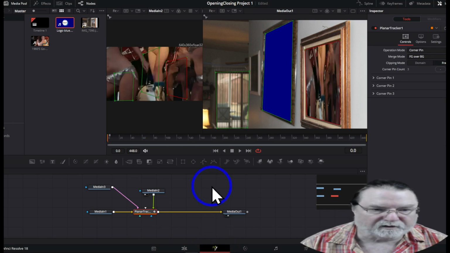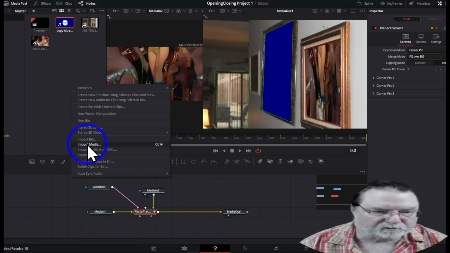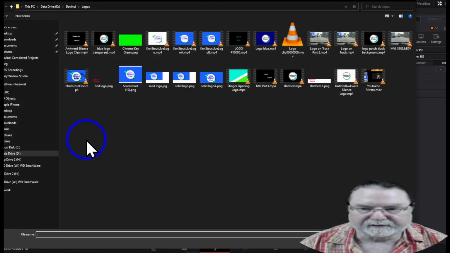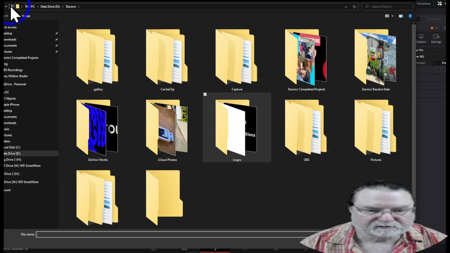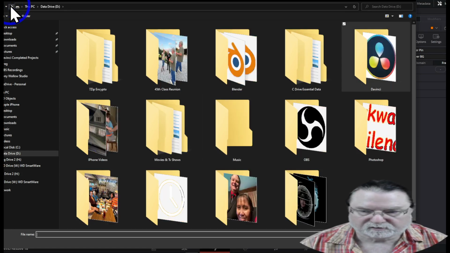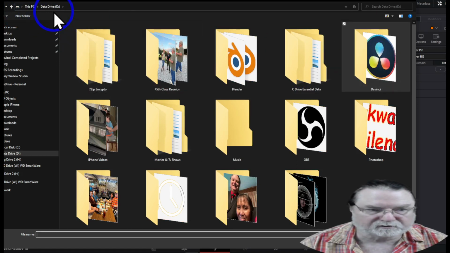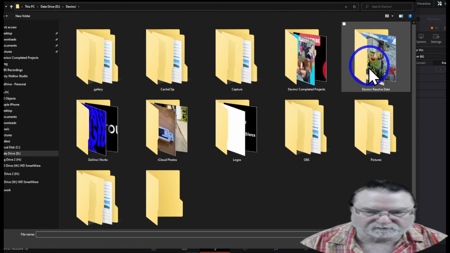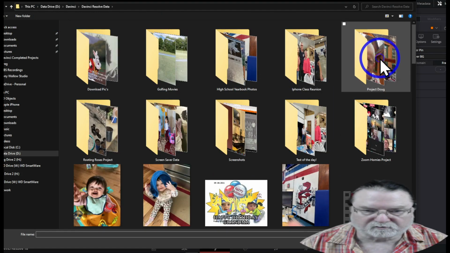We're going to grab yet another source to put in this one right here. This one right here still got the corner pin. And we're just going to go grab some media. Let's go back another one. Go back into DaVinci Resolve, or do I want, yeah, it's on D drive, so I want to go back into DaVinci Resolve, and I want to go into DaVinci Resolve data,